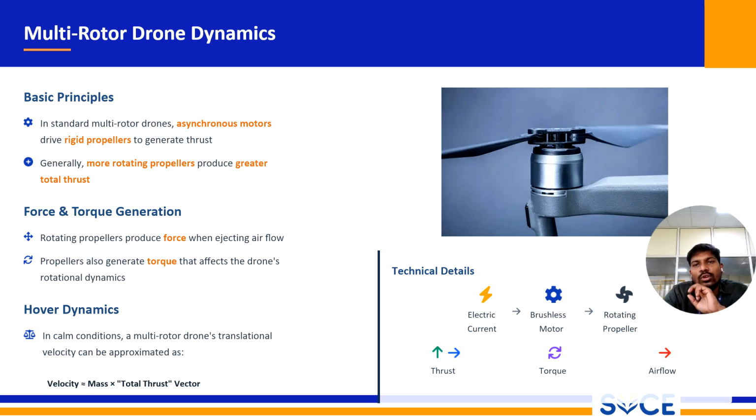That downward push creates an equal and opposite upward reaction. We call it lift. But generating lift is only half the battle. To have a stable, controllable aircraft, you must manage the force of rotation, or torque. This is a critical concept in multi-rotor dynamics. When the motor spins a propeller in one direction, Newton's third law dictates that an equal and opposite rotational force is